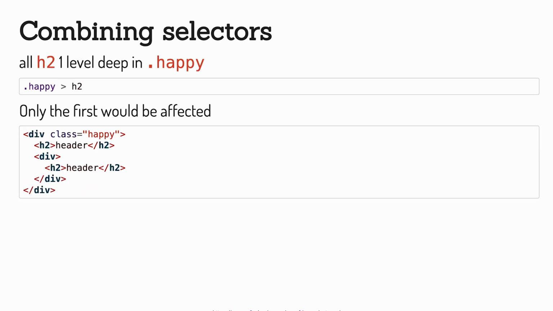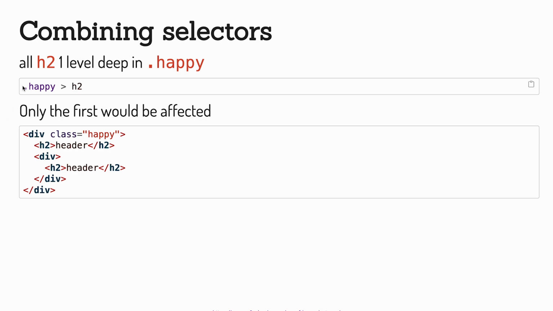A more specific one is using this greater than symbol to be able to only select one level deep. Since we can nest all these elements, there will be a hierarchy in it, and we think of things that are just inside as being one level deep, and then if you're one more level in, you're 2 levels deep, and so on. And a lot of websites can be very complicated with a lot of nesting. So sometimes it's useful to just say, I want to select everything that's just one level deep. And for that, we use this greater than.